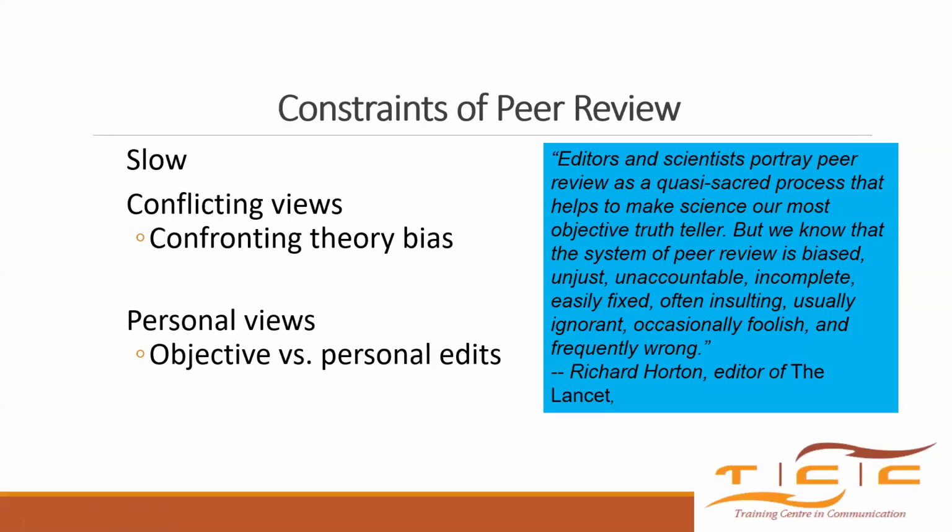Now, the constraints of peer review, and that's why sometimes it takes too long, sometimes it's very slow. Yeah, you have a paper taking 2 years in the process, and you are waiting for this paper for your graduation, so you're not graduating in time. Sometimes you have conflicting views. I have found cases where as an editor, I sent a paper out to reviewers, and one recommends a rejection, another one recommends an acceptance.